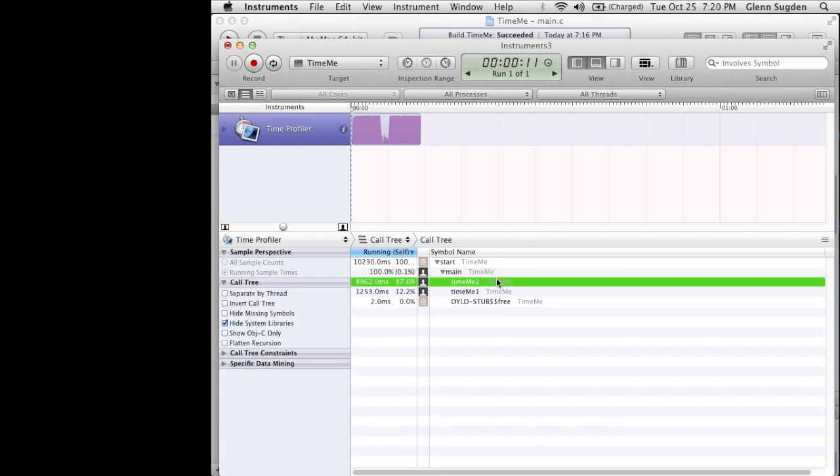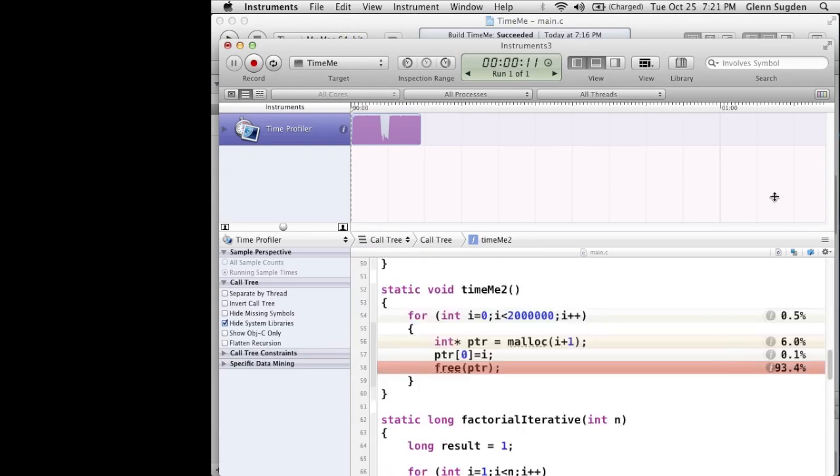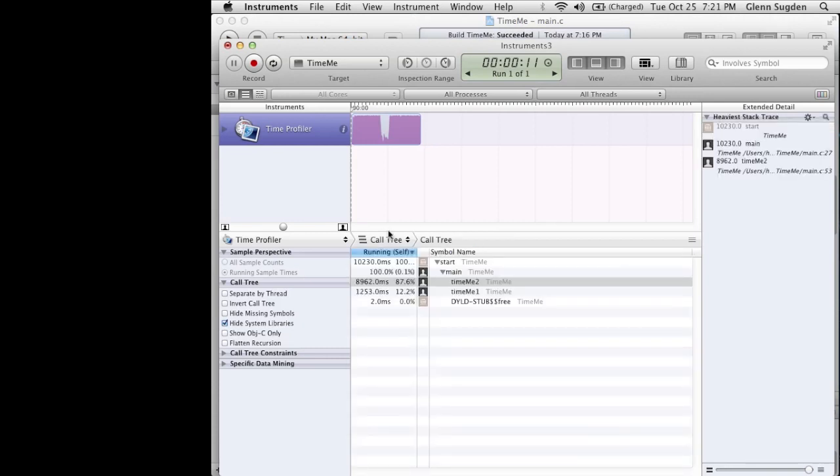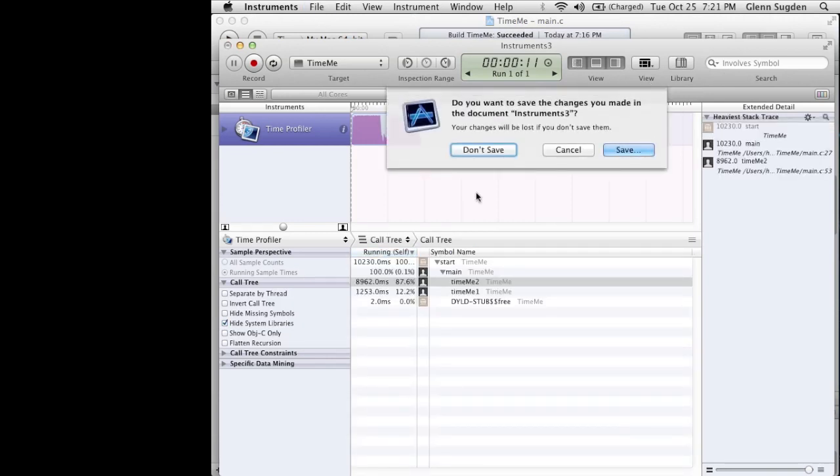Another really handy thing is that if you open up the view on the right-hand side, you can see extended annotations for each one of the lines that are being shown in the profiler. I'll show you some other annotations too. So that's one example of